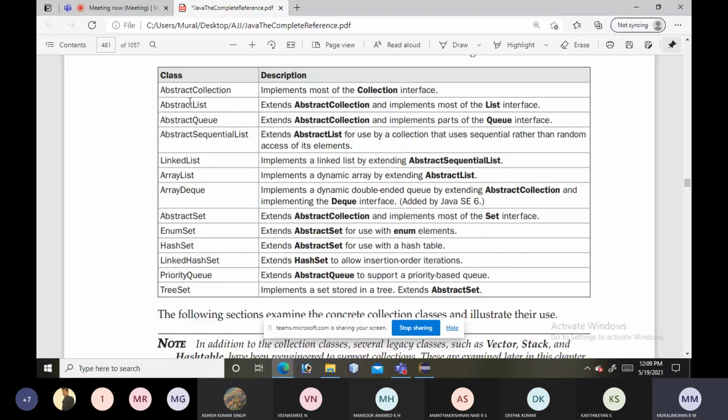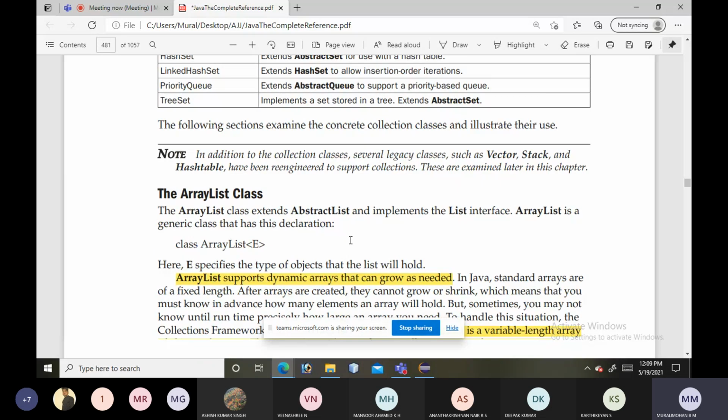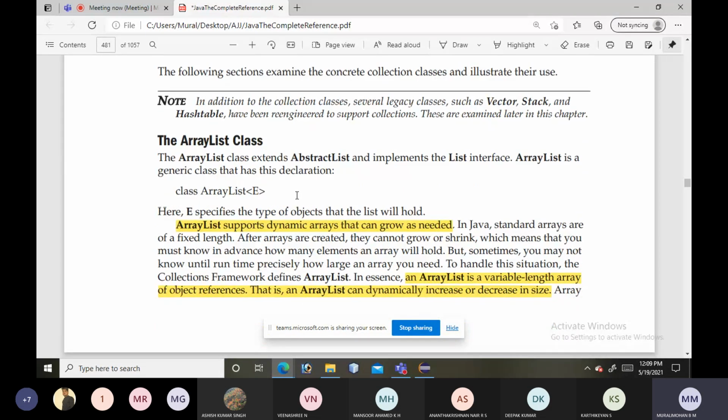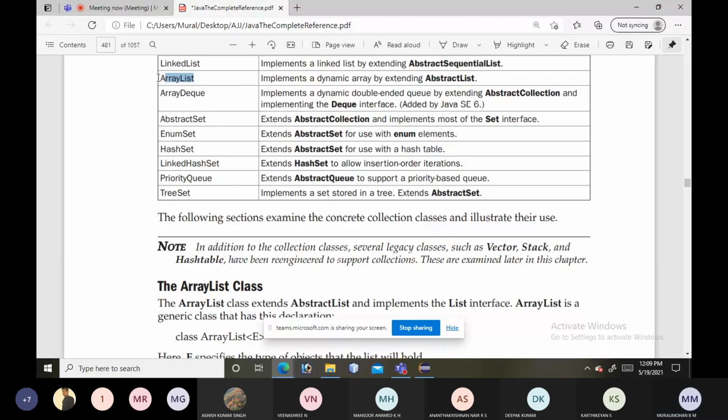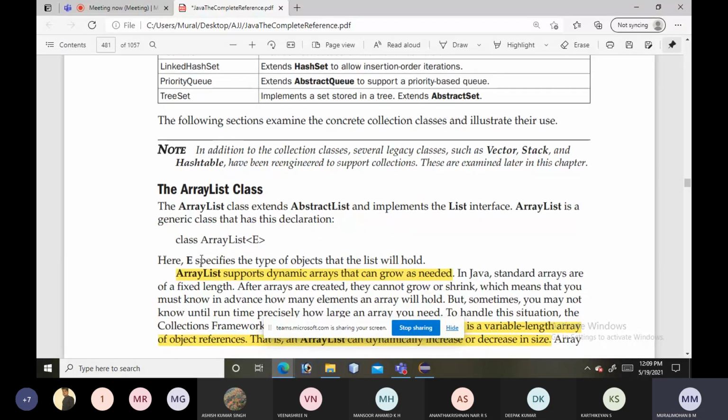Now we'll see these collection classes one by one. First, we'll see the array list class. In this, we will see what an array list is, how to create an array list, what constructors there are for it, and what methods can be operated on it. We will also see how to convert an array list into an array, and how to increase and decrease the size of the array list manually. All these concepts we will discuss.